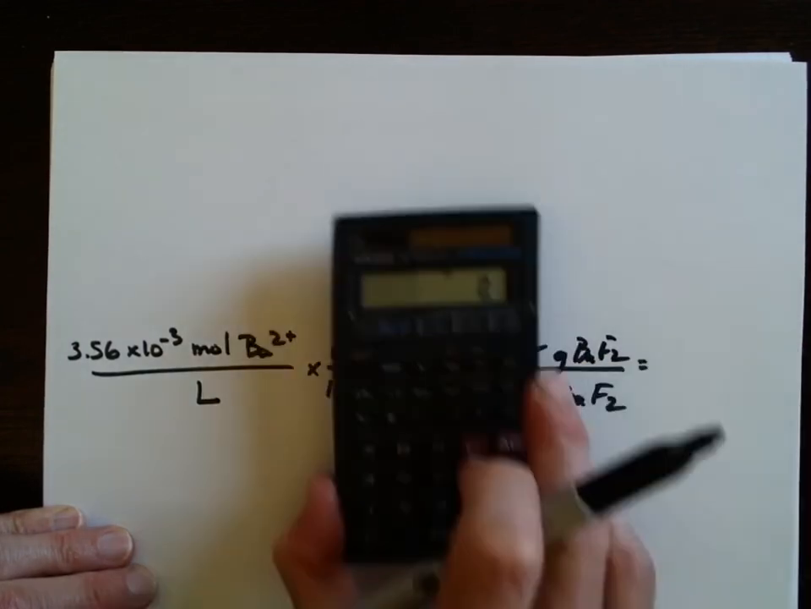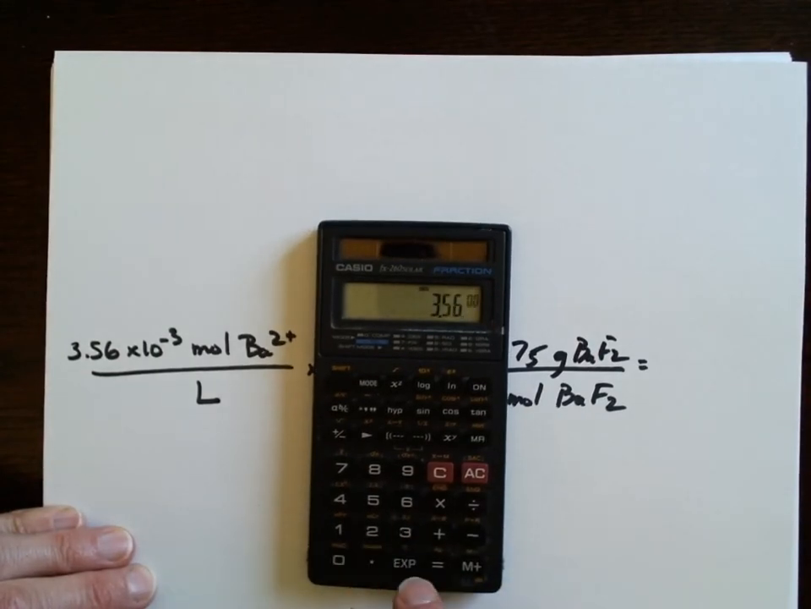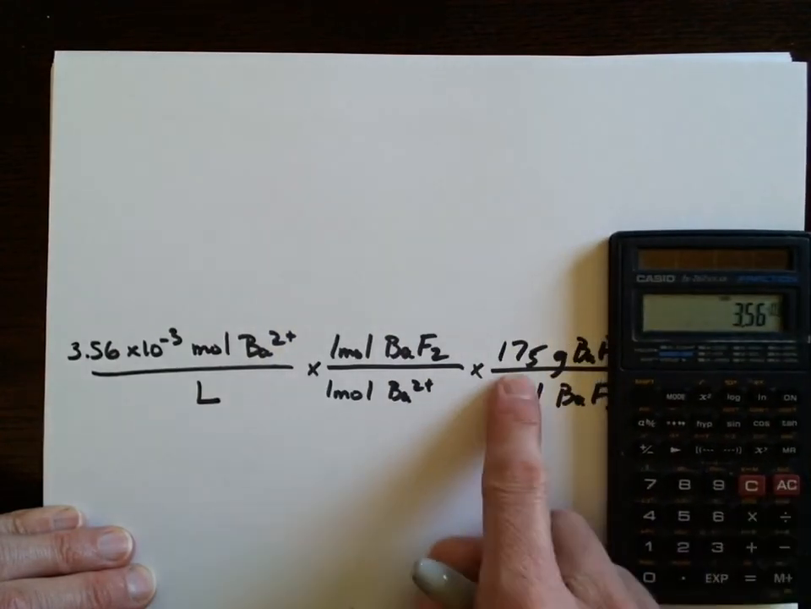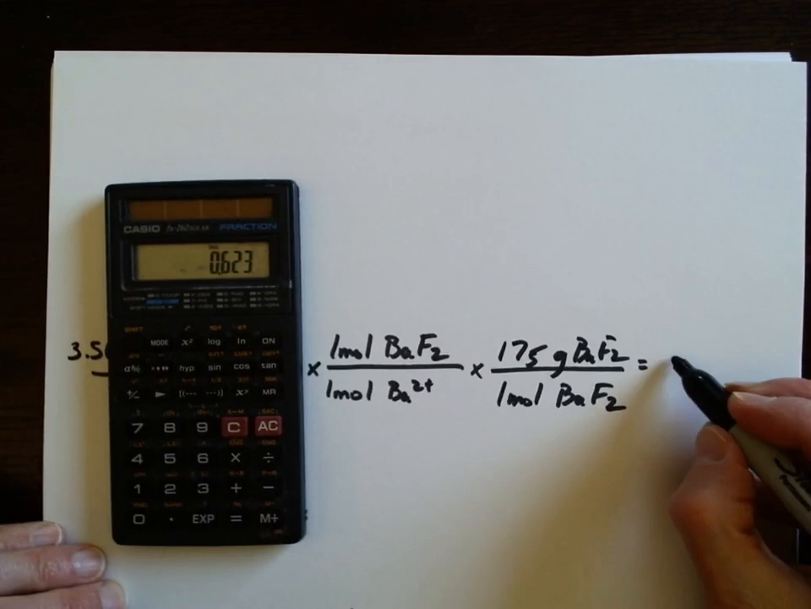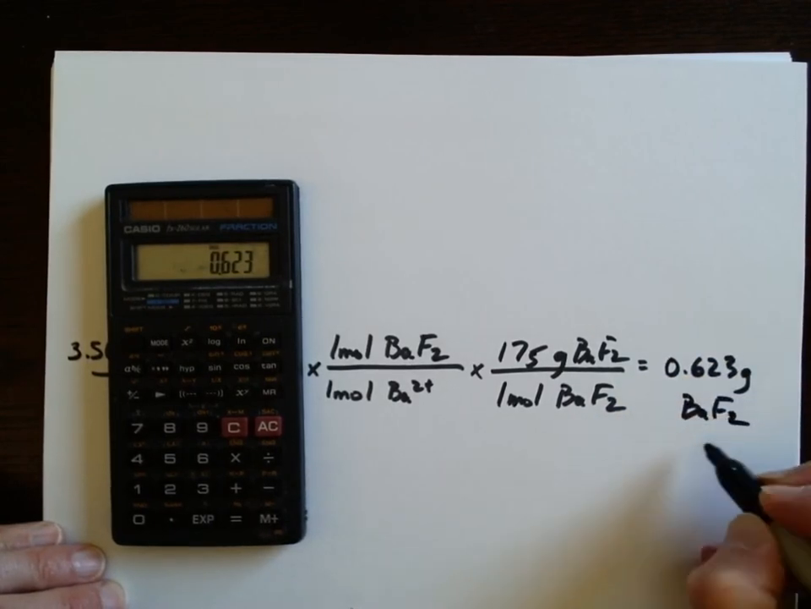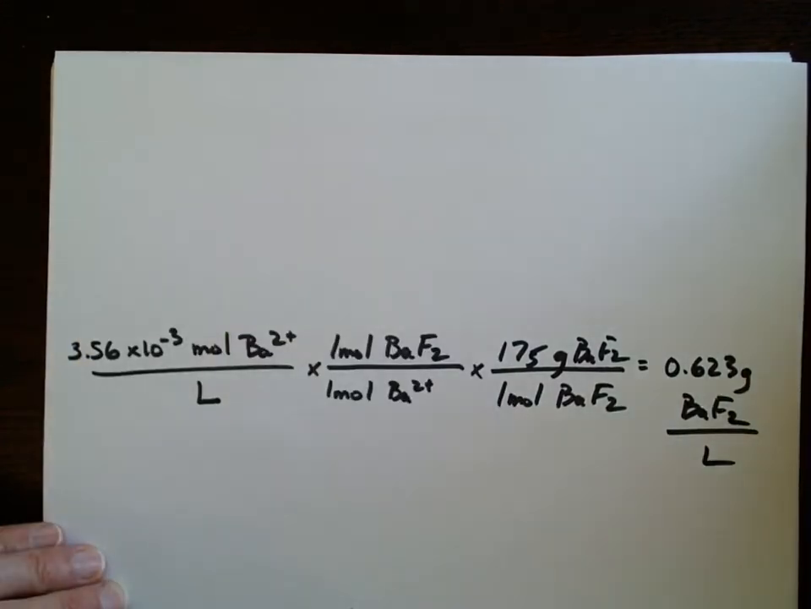So let's see how many grams of the salt would dissolve in a liter. 3.56 times 10 to the negative 3, and we're going to multiply that by 175. 0.623 grams of the barium fluoride salt are going to dissolve in every liter. Let's check it out here for